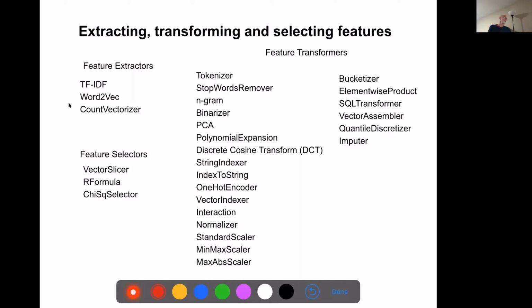So in Spark, we've got a number of transformers. Some we've seen with a vector assembler. There's quite a few.